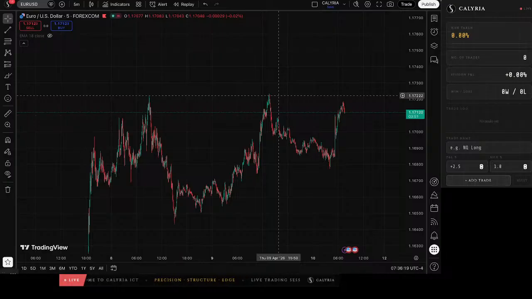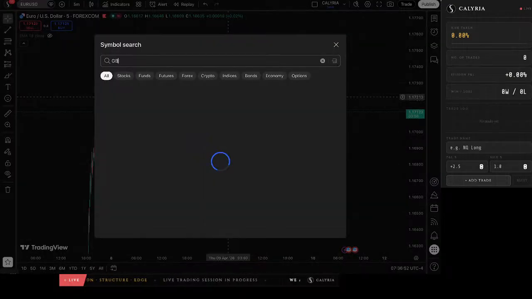So please wait while I analyze the EURUSD. First, I want to quickly go through all the pairs, then I will mark the areas. Right now, there is no setup on USD. After I come back to this pair again, I will mark some critical areas which I will be looking forward to trade. Okay, let's move to GBPUSD.